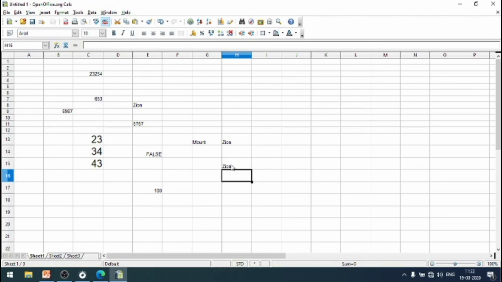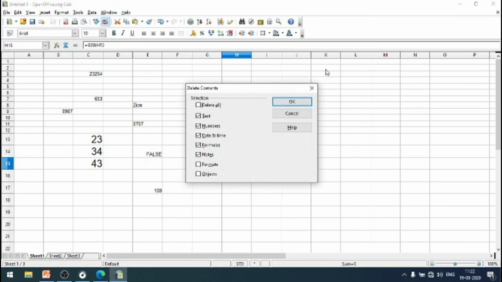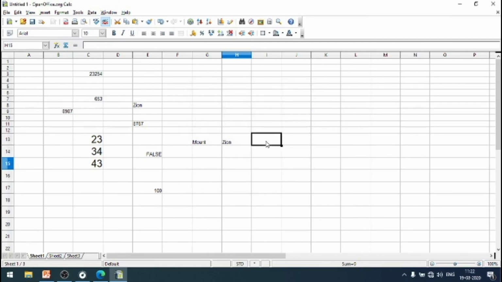What happens here? See, look at this formula: G13 address of and H13. So this operator adds these two texts together.